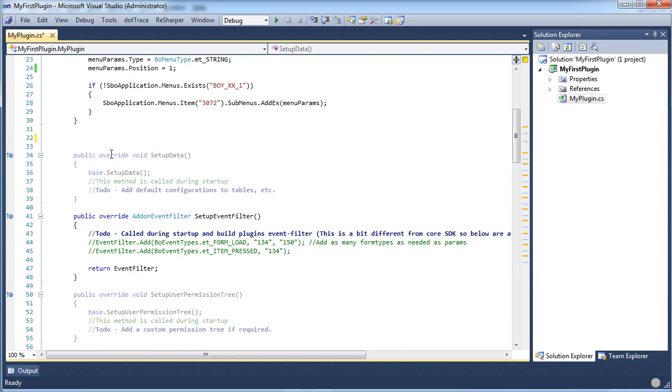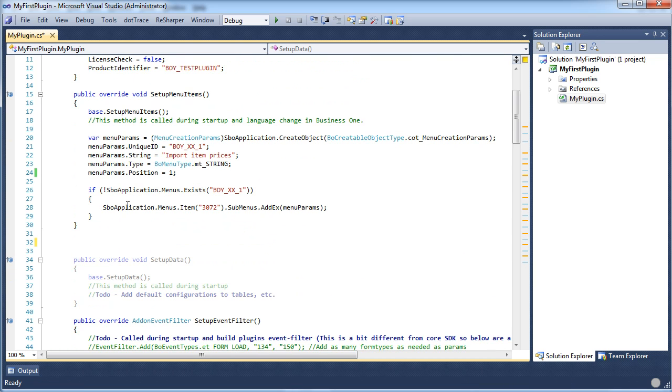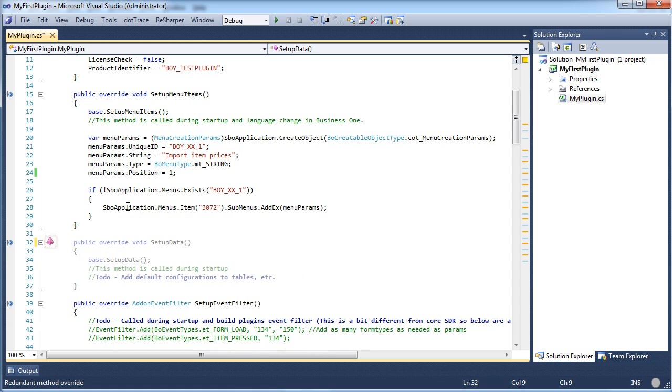And again, I can delete them because they only override the base, and that will take care of the data if we don't do anything. Next up is SetupData. SetupData will be called during startup after all the metadata has been created, and it's a good place to do your default configurations for tables. For example, if you have a configuration table, there might be a default record. You might need to set up some default data in general, and that should all be done in the SetupData. Again, in our case, we don't have any data, so we just remove the